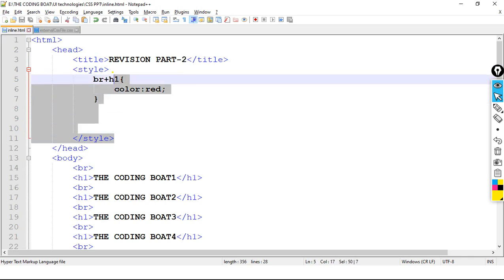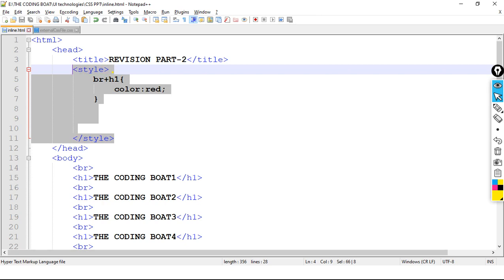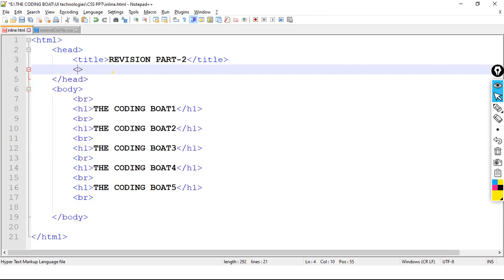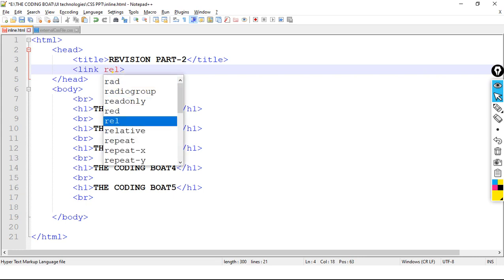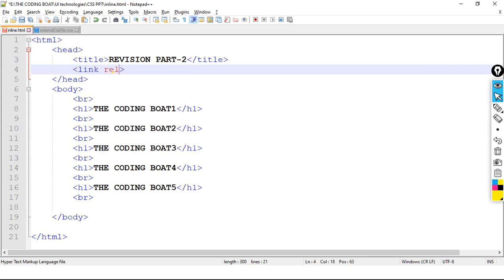Now let's remove this and take link. Here is the link related to style sheet.